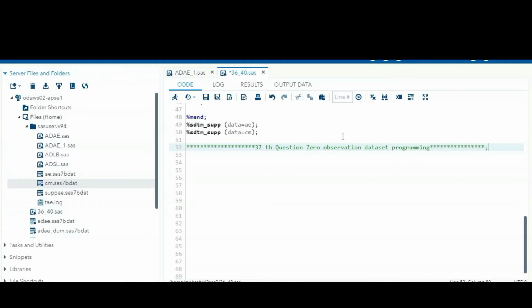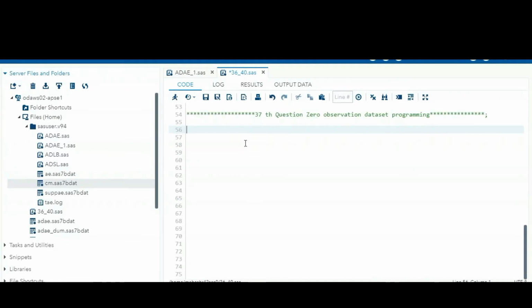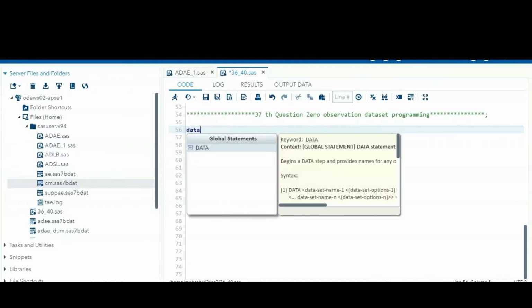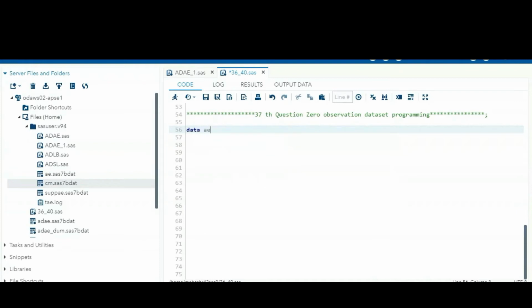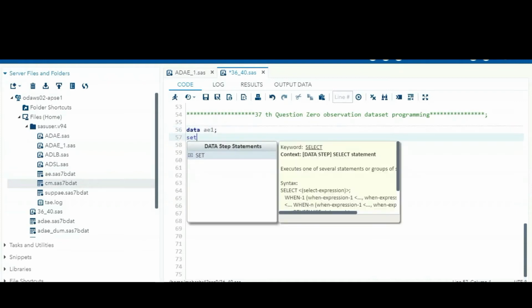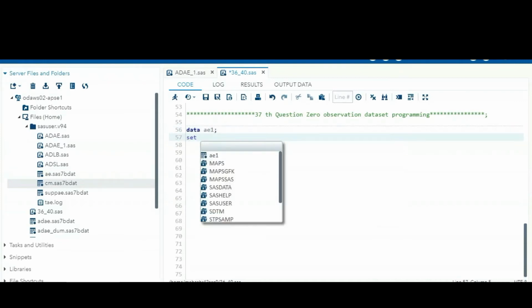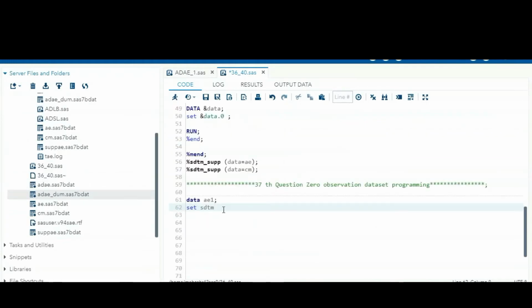Now for example, data AE1; set SGTM.AE_DEM.